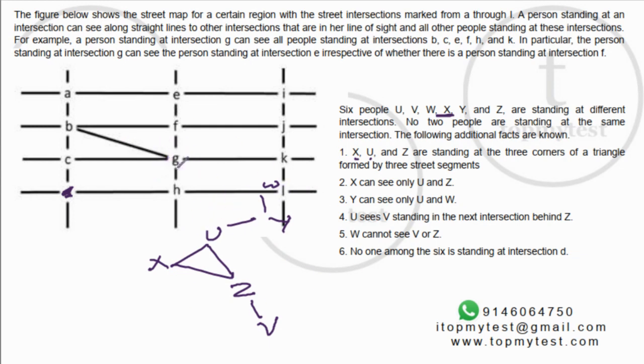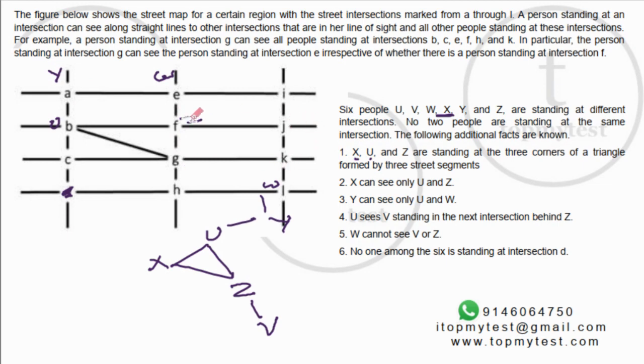Let's see where we can fit U, because U has the maximum information. If I fit U here, you need Z and V. So this will be Z, this will be V, right? X, U, and Z. So X will come here, right? Y will come here, but to fit W, then W will be equal to say Z, which is going to be out. So I cannot fit U here.